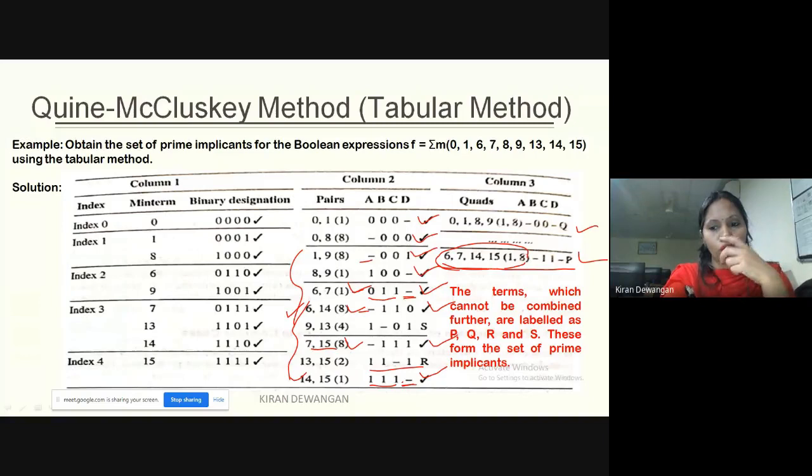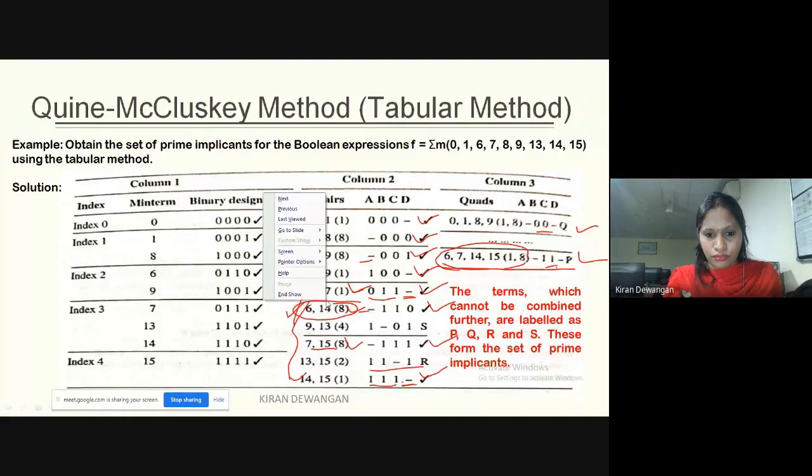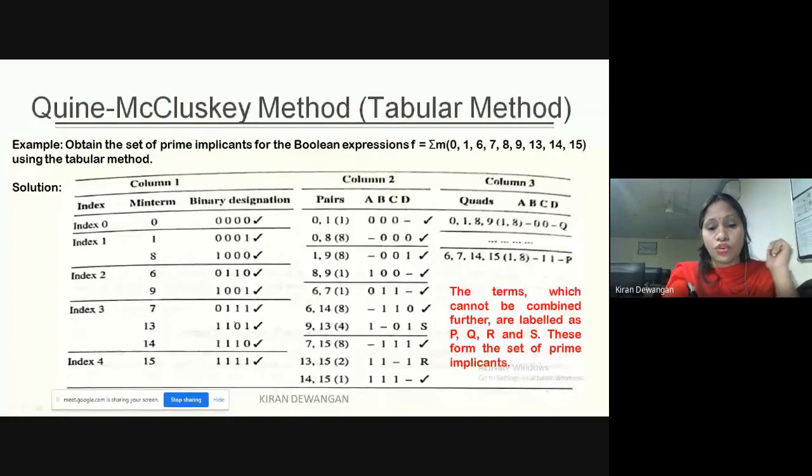ठीक है? 2 क्वाड में ये फर्दर ऑक्टेट में भी कन्वर्ट हो सकता है अगर डैश पोजीशन सेम है और जो 2 बिट है इसमें सिर्फ 1 बिट डिफरेंस होगा तो. बट यहाँ पर नहीं है. So we are just having 2 quads. And what are the pairs which are left? आपका ये वाला पेयर बच गया था जो क्वाड में कन्वर्ट नहीं हो रहा था. सॉरी ये नहीं. This was the pair